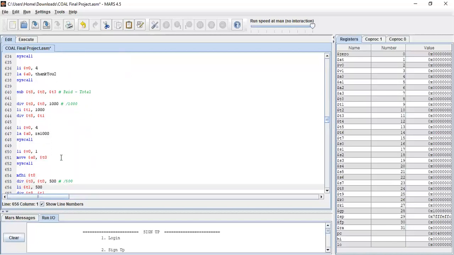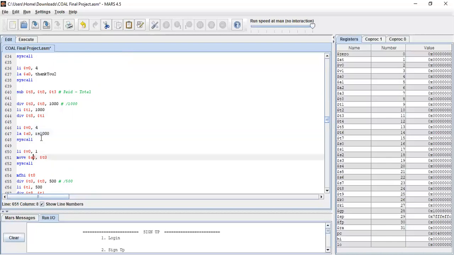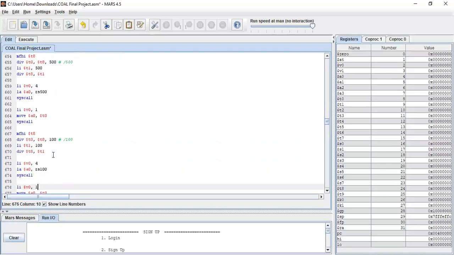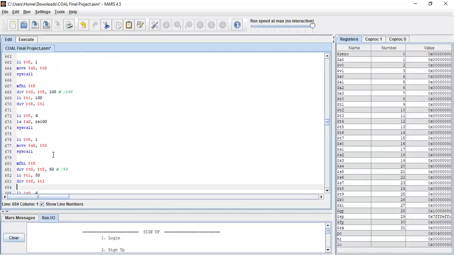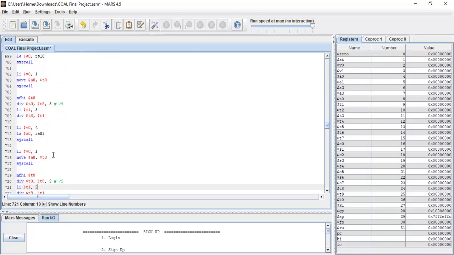Just to print the rupees 1,000 note, we have taken it like this. To print this 500, and like that we have 100, 50, 10, 5 and 1, and a rupees 2 as well.